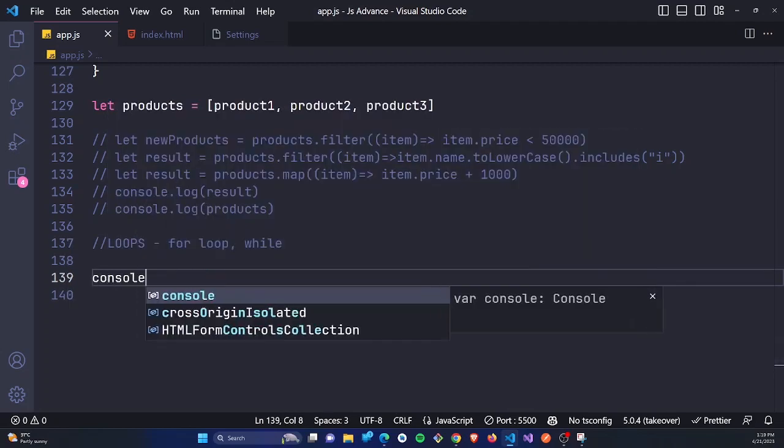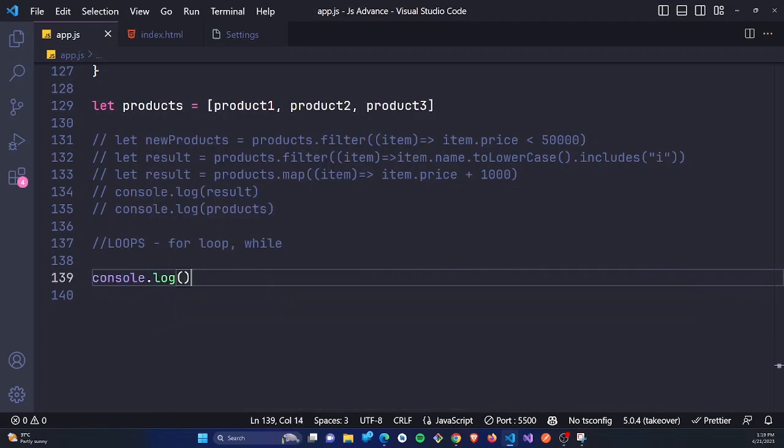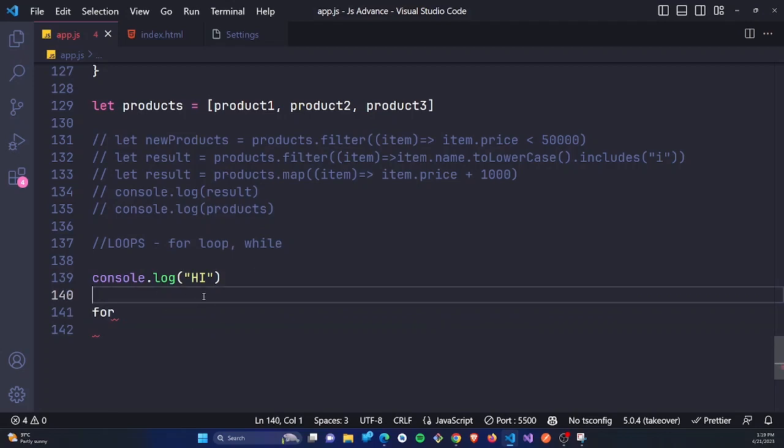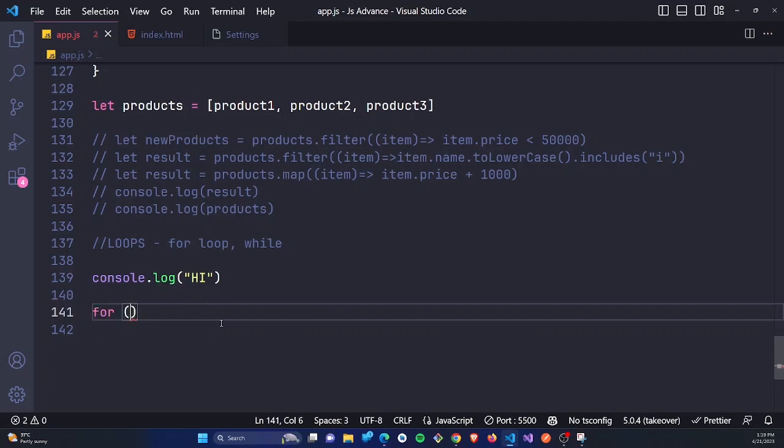Let me say I want to write console.log hi. Now this hi, I want to print it 20 times. I have two options. I can either do console.log, copy and paste it 20 times, which will be unnecessary because you can use loop. So to use loop to do this, using the for loop, we can say for. Now, since we want to run it 20 times, let's declare a variable. In the for, you have to declare a variable first to state the number of times you want it to run. So I'll say for